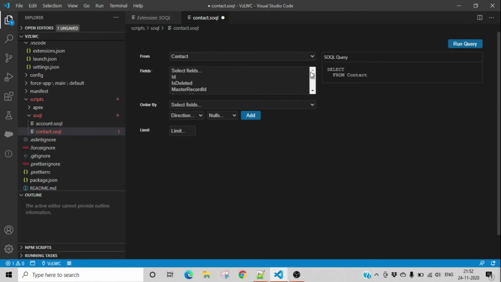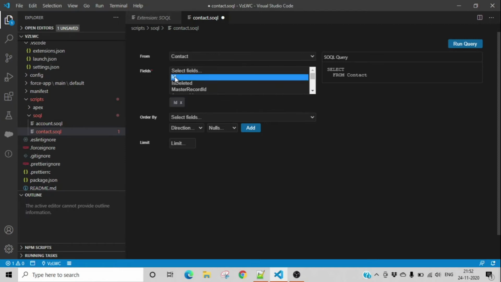For this example, I will select the ID field. Then I will select the last name field. Then I'll select first name. Let's say I will also include my email.